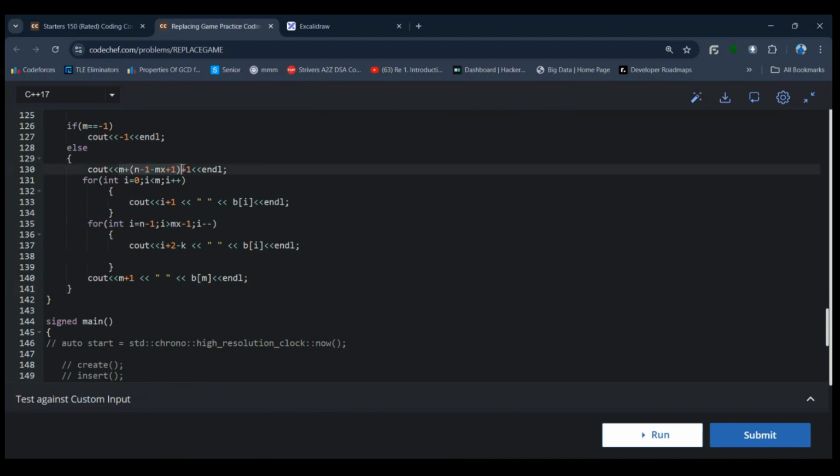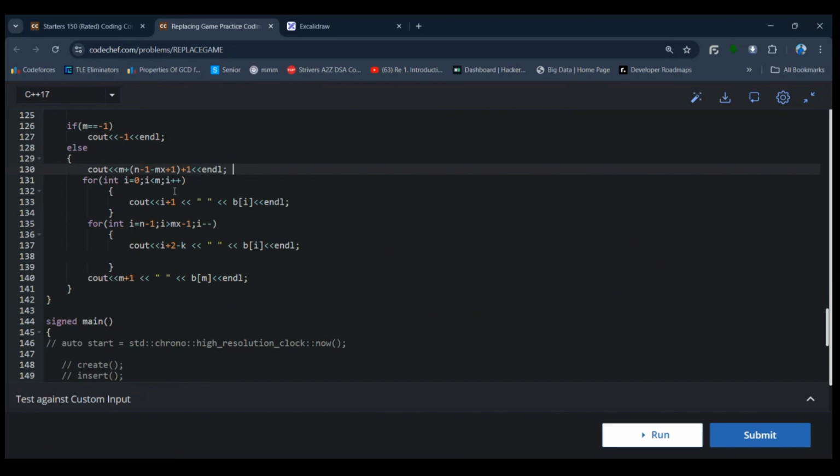This is my number of operations। तो ये देखो कि m तक तुम आए तो तुमने left से right m operations की, और इतने operations like n-1 से तुम लेके n-1 से शुरू करोगे last index से, और तुम mx plus 1 तक at max जाओगे। तो इतने operations तुम पीछे से right to left perform करोगे, और m operations तुम left to right perform करोगे। तो this would be my total operations, है ना? और this plus 1, why this plus 1? This plus 1 is क्योंकि आखिरी operation जो तुम करोगे वो index m पर करोगे तुम, है ना? तो this is going to be contributing to my final count of answer।